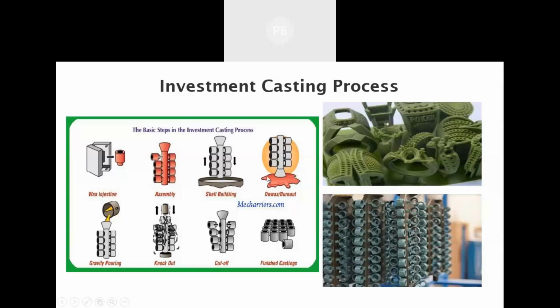Once it starts heating, the wax inside starts melting and flows out. Now you can imagine the inside part is hollow. Only the plaster of Paris is there. Inside there is no wax because it has melted and come out as liquid. Burnout has been done, so inside there is a hollow structure. Now the required material is poured into the plaster of Paris. Then the plaster of Paris is broken, and the required material is there. You cut the material from the tree and you form the product, the finished products.